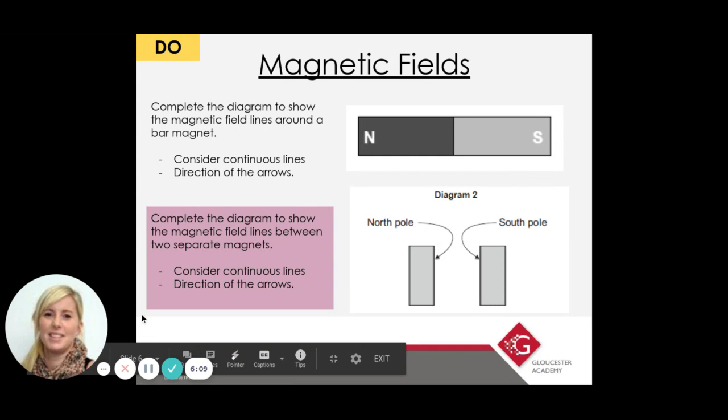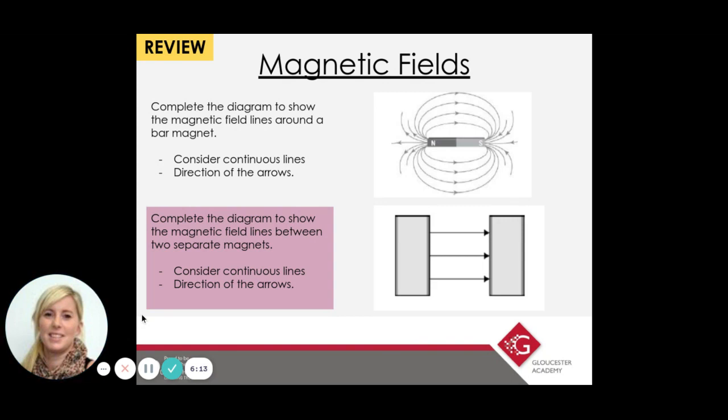Okay, so you've had some time to draw these 2 diagrams, and you should have something that looks like this. So for your first diagram, it's just like the previous one that I've shown you, and it's really important that you check that your lines are coming from the North Pole and going round to the South Pole, and you're showing that with the arrow. And then it was the second diagram